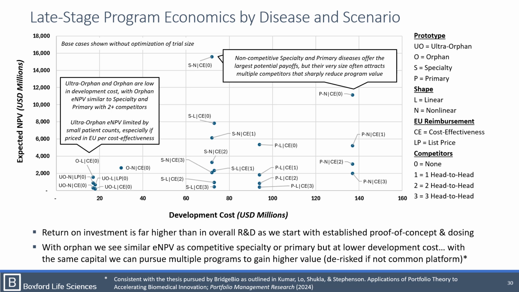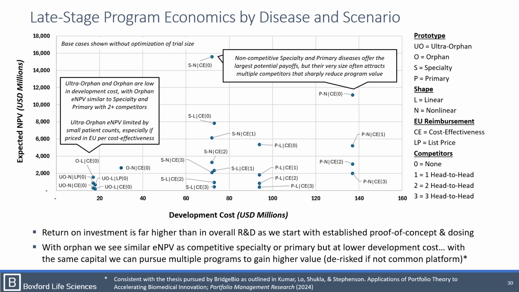And so for the same amount of capital to do one large competitive late-stage program in specialty or primary, you can maybe do 2 or 3 in orphan, and not just have a higher expected net present value overall because now you have 2 to 3 programs instead of 1, but that can also be de-risked unless you're using a common platform underneath those. And so there is a pathway to have an attractive return on late-stage invested capital in these orphan programs that in some ways is a bit of a sweet spot,